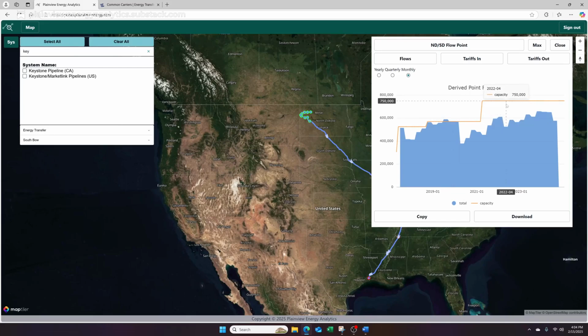But what is important to think about here and to realize here is in 2019, DAPL actually permitted this pipe for sure in North Dakota and Illinois, and it's probably fine the rest of the way. I don't know for sure. But they did permit the pipe to carry 1.1 million barrels a day in both North Dakota and in Illinois. So with the addition of pump stations and probably more storage, they could push this capacity from 750 to 1.1